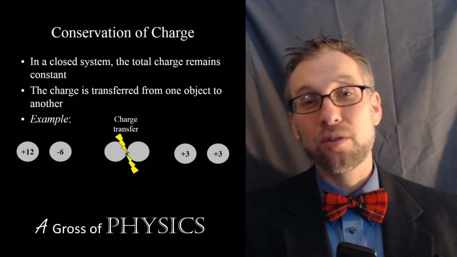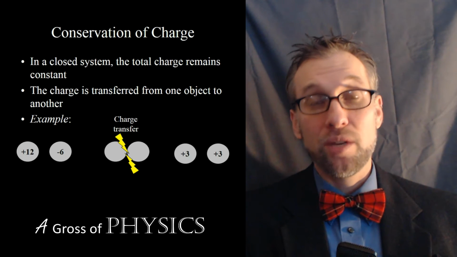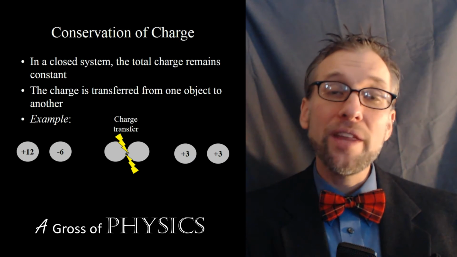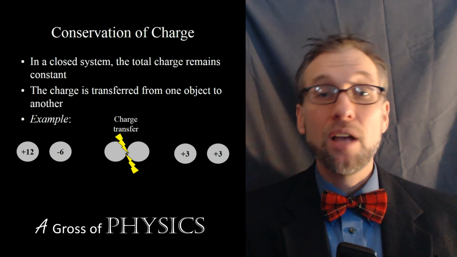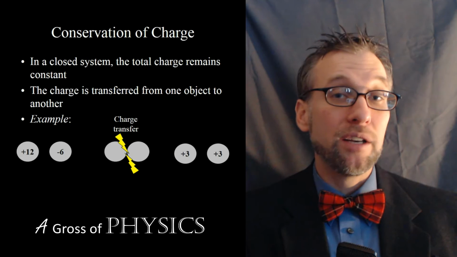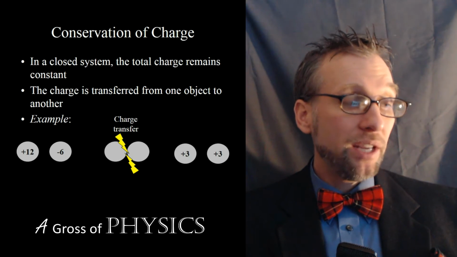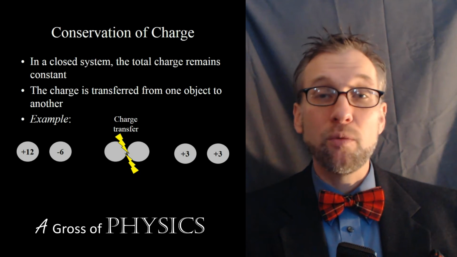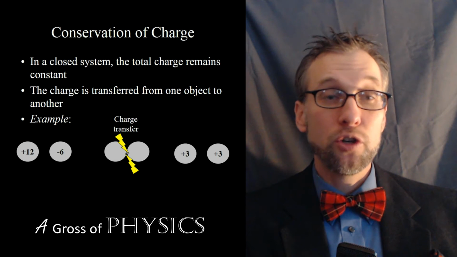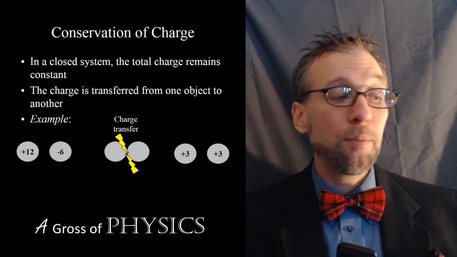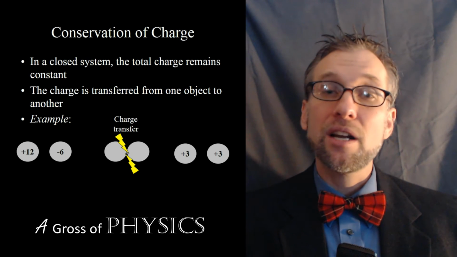And which one gets that extra electron, it really would depend upon where that electron was when we separated them back again. When the objects are touching, the electrons are repelling each other, and what happens is, as we separate the objects, all of a sudden, that extra electron is stuck on one of the objects. But needless to say, we're going to transfer charge from one object to another when they touch because of the repulsion of charged particles. So we'll do a couple of sample problems on the whiteboard, but for now, let's discuss